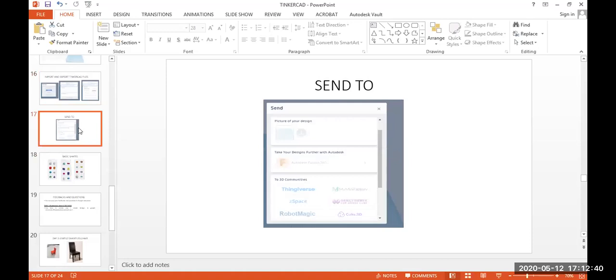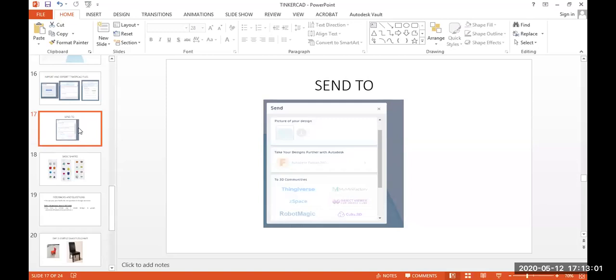Then you can share your design to Autodesk Fusion 360 for further modification, or you can share your design to various 3D communities. Yesterday I posted all these details in the Google